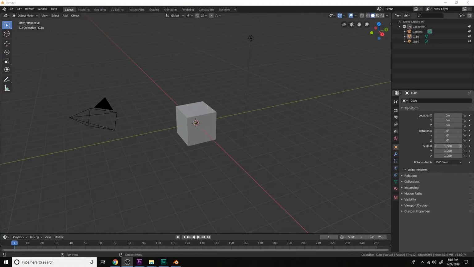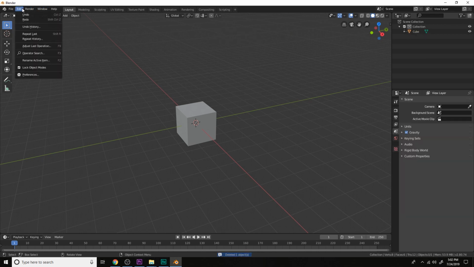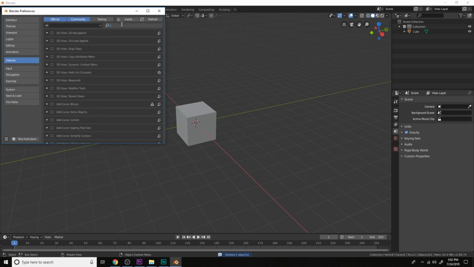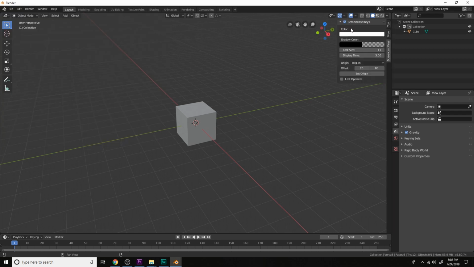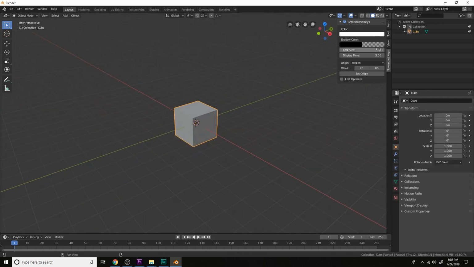In this episode, I'm going to explore how to make windows in Blender. So let's delete the default camera here, and I'm going to turn on screencast keys for you guys, just so you can follow along more easily. Turn it on here, and just use a font size of 30. Okay, now you can see the